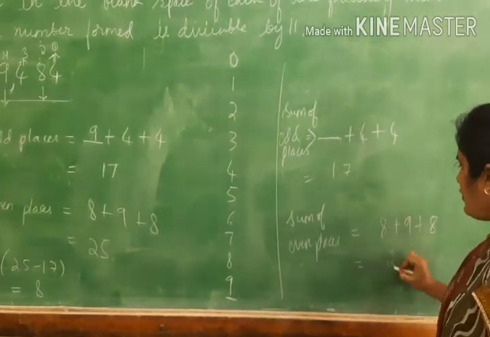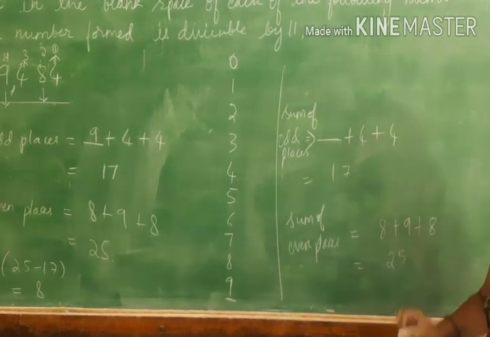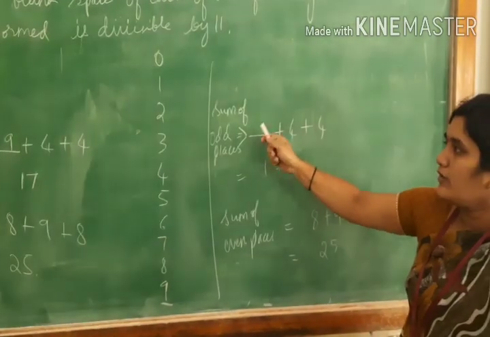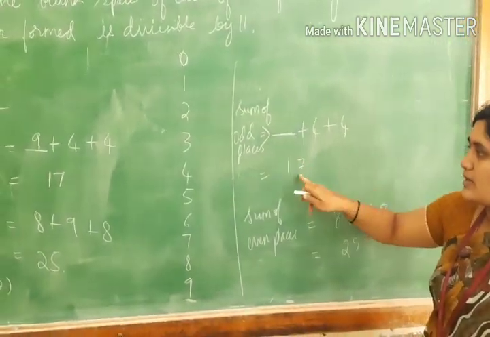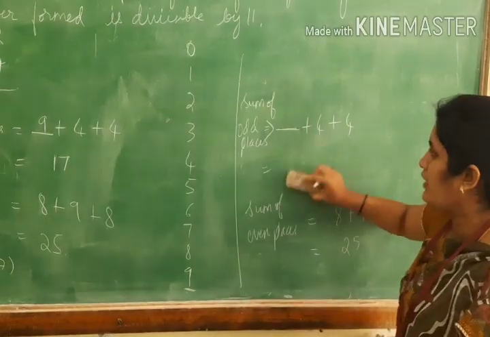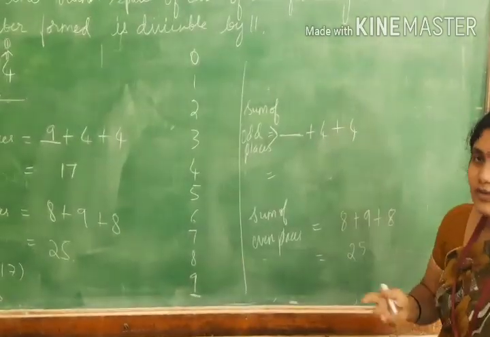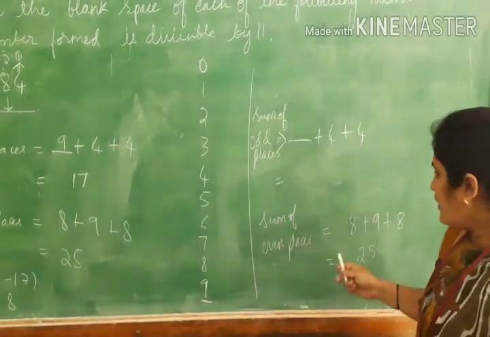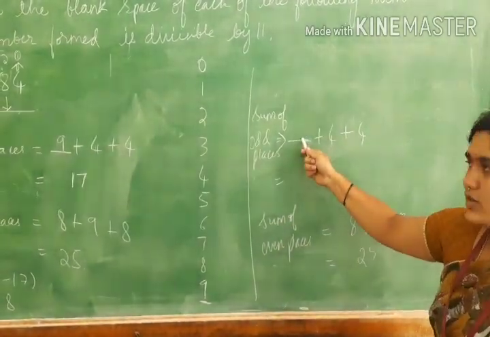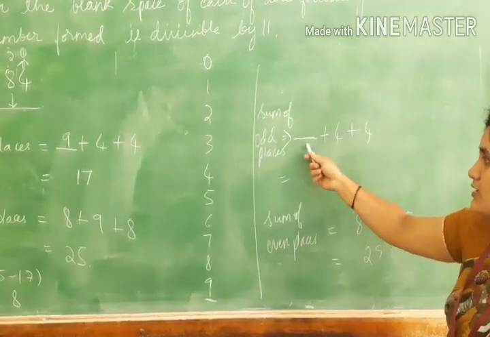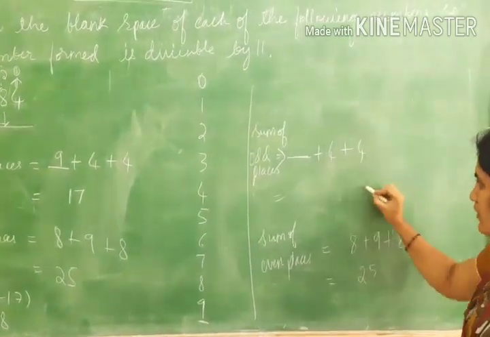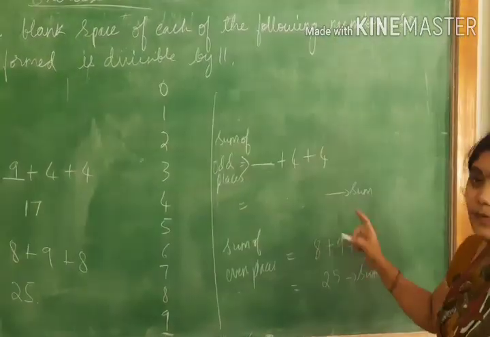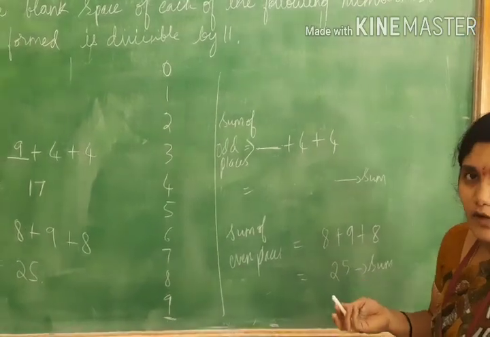Already we know that this sum is 25, which is not going to change. This sum is the fluctuating sum, because if you put any number, the sum will change. For one number the sum is 17, for another number the sum will be different. Here it is not 17 because we did not choose; it was 17 because we chose 9. But here you should choose a number such that when you add these 3 digits, this sum and that sum, the difference should be either 0 or a multiple of 11.